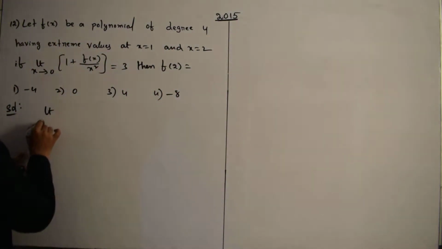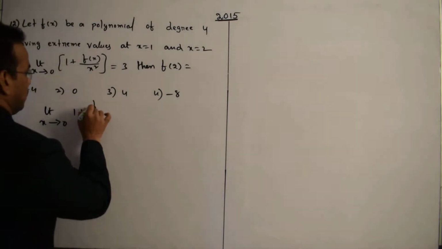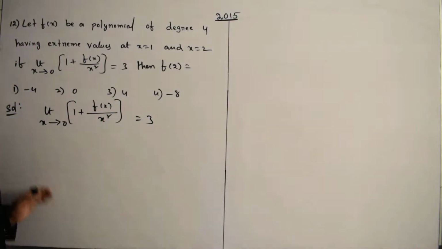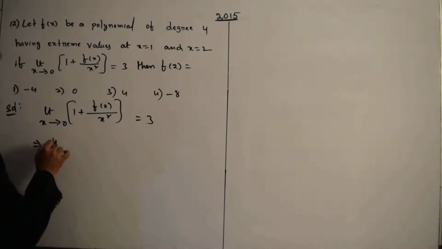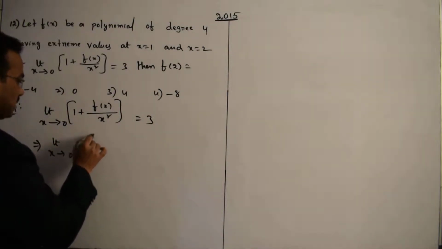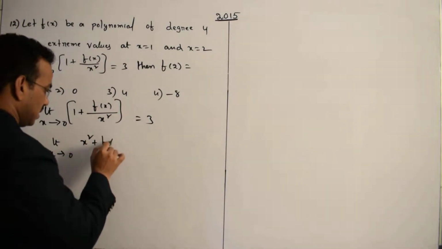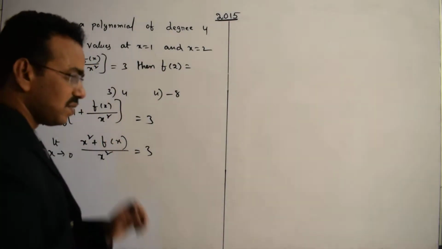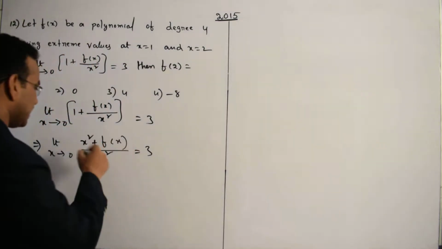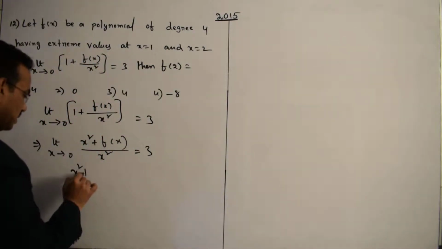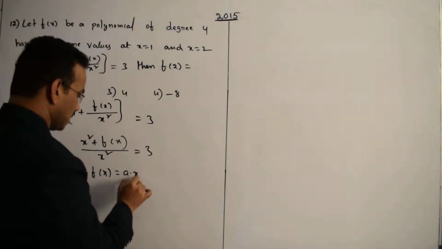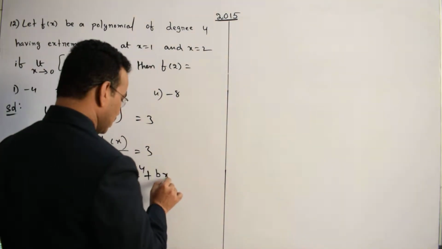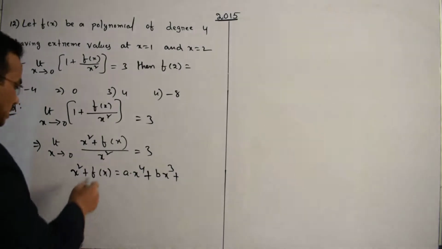So the given limit, as x tends to 0, of (1 + f(x)/x²) equals 3. Within the bracket there is 1 + f(x)/x². This implies the limit as x tends to 0, taking LCM as x², of (x² + f(x))/x² equals 3. Here, since f(x) is a 4th degree polynomial, we can guess the numerator x² + f(x) to be some ax⁴ plus bx³ plus